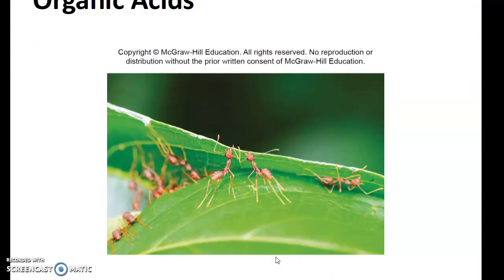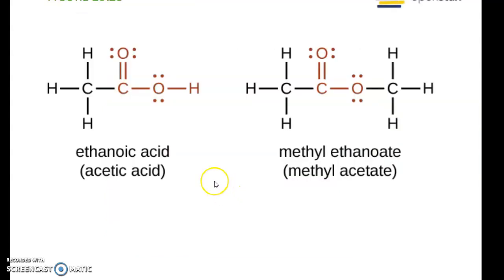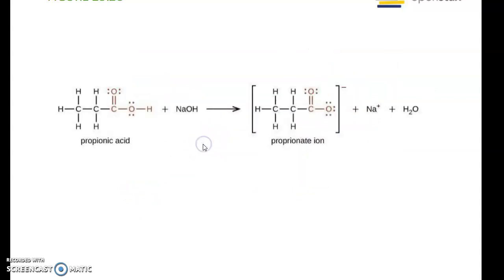Organic acids, this right here. They have shown the little ants here because the formic acid is what is injected by the ants that causes the sting. This is the ethanoic acid or acetic acid. This is methyl ethanoate, the official chemical name. These are the more common names. This is methyl acetate. And here you have a weak